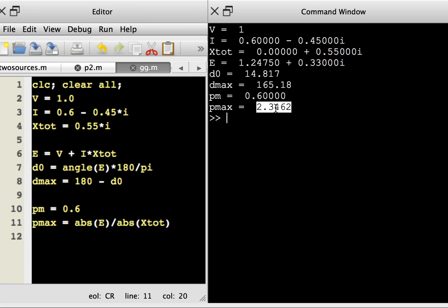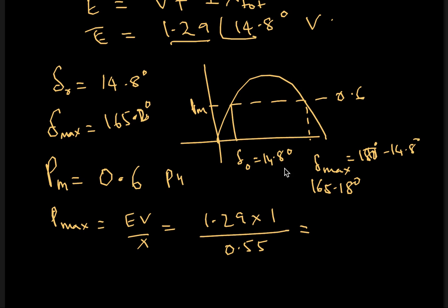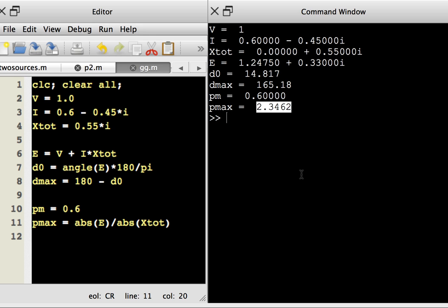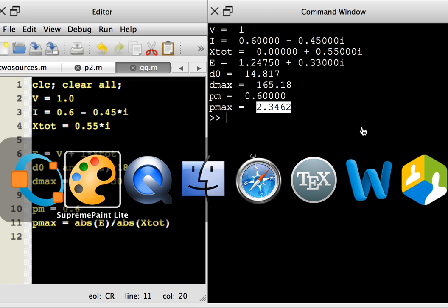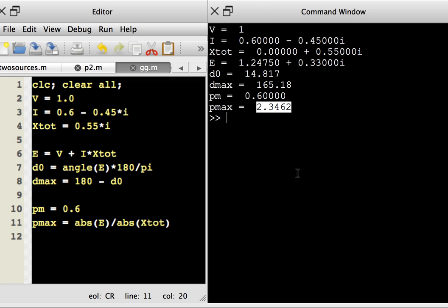I'm getting Pmax as 2.3462, so 2.346 per unit. Now that I have all the quantities, I'll directly use the formula to calculate the critical